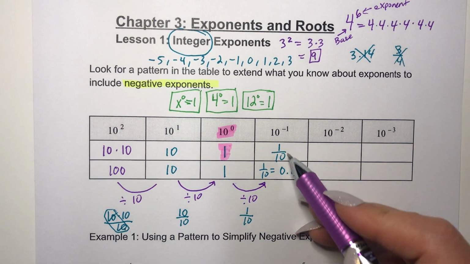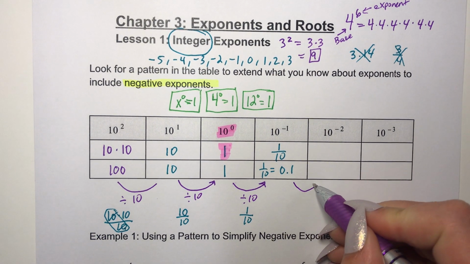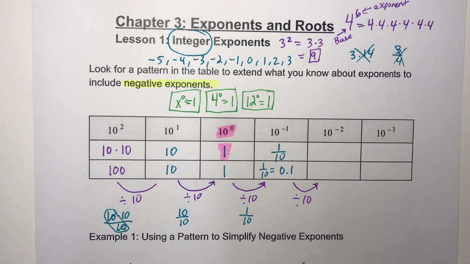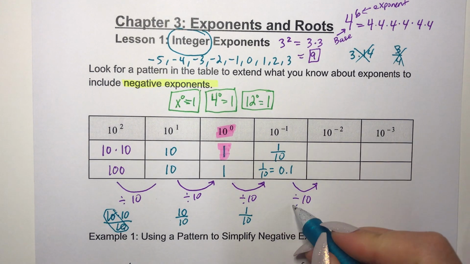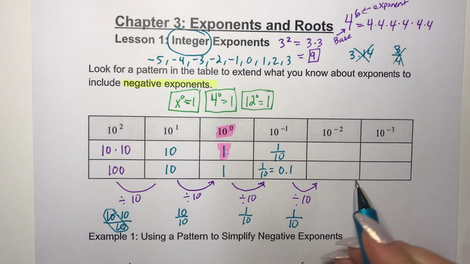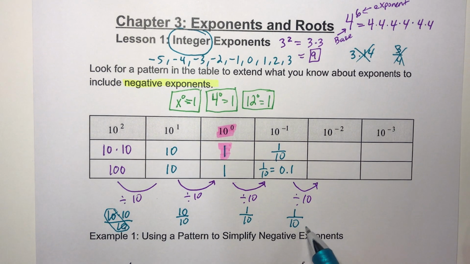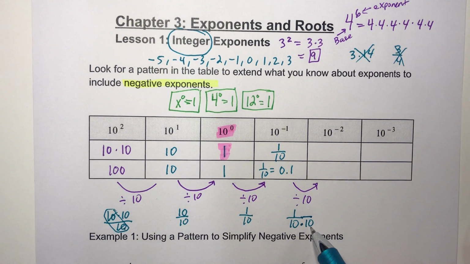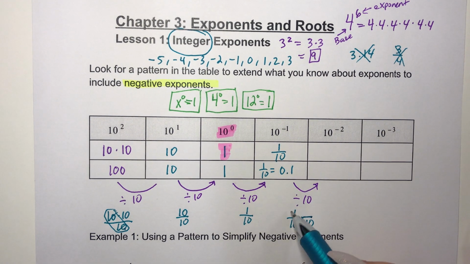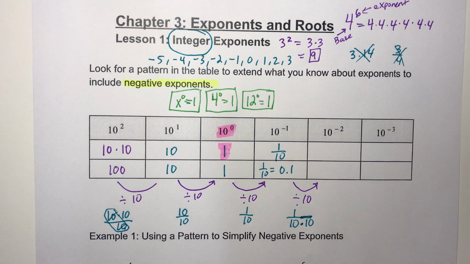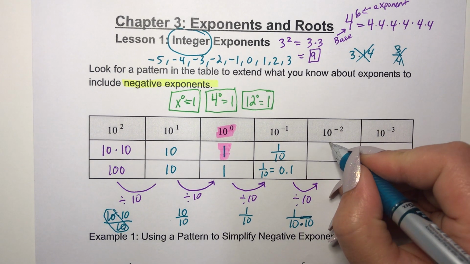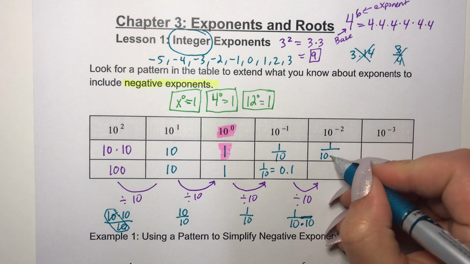We're going to take this 1/10 and divide that by 10, and then that's going to give us this 10 to the negative 2, and we're getting into these wonderful negative exponents. So if we start with 1/10, and then we divide another 10, which means it would be on the bottom, right? Because this means divided by 10. So here's our 1/10, and then we divide it by 10. What we end up with is 1/10 times 10,